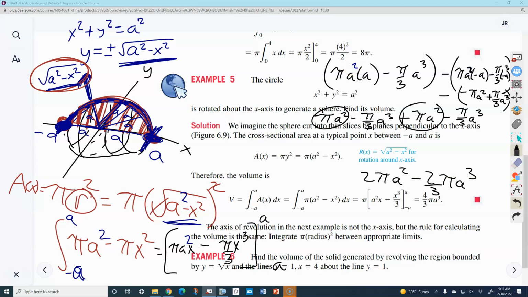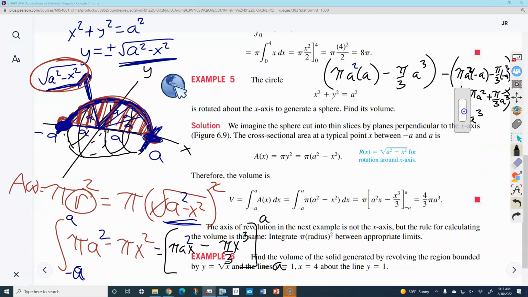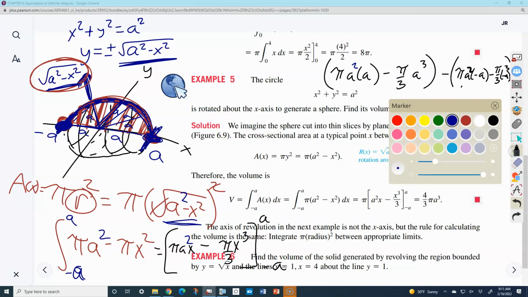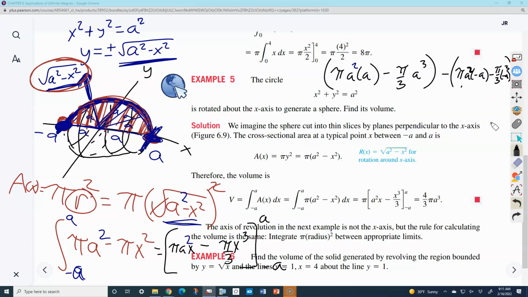Which would make some things different here. So now, redo that little part there. That would be pi a cubed minus pi over 3 a cubed. This would be negative pi a cubed